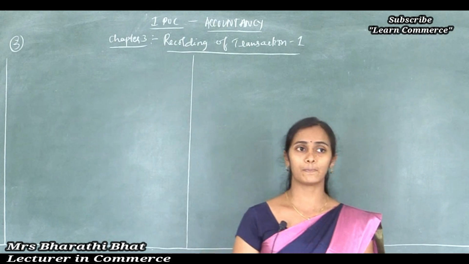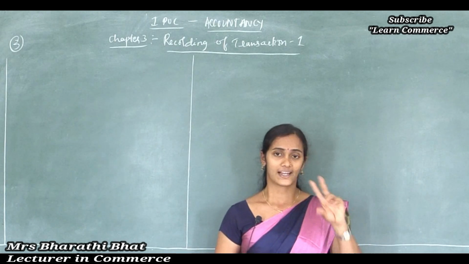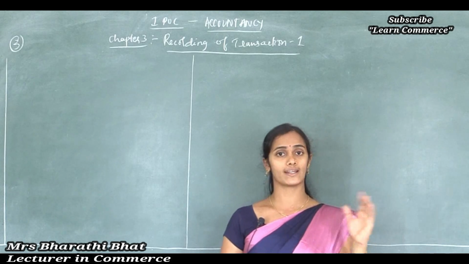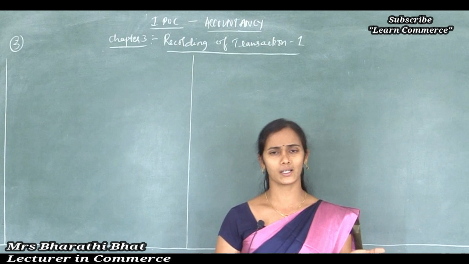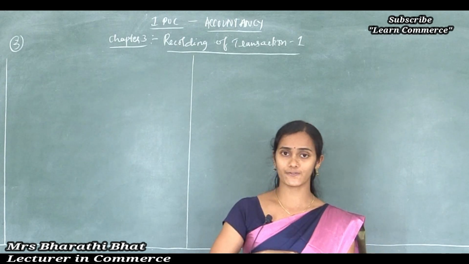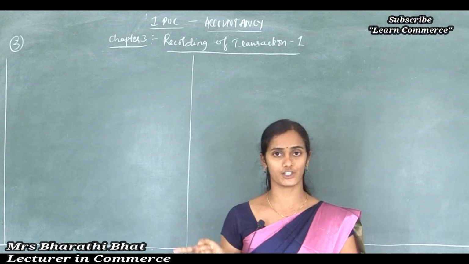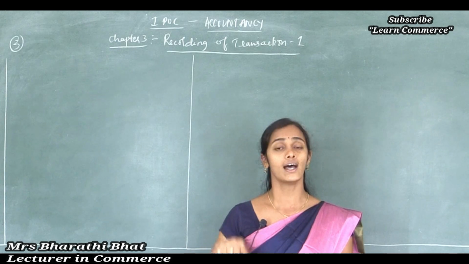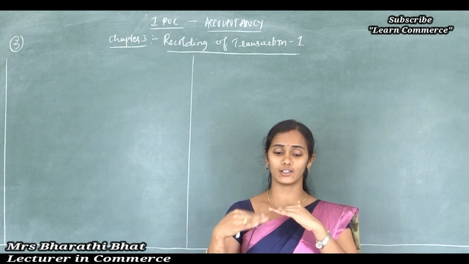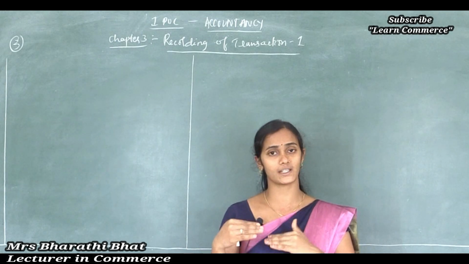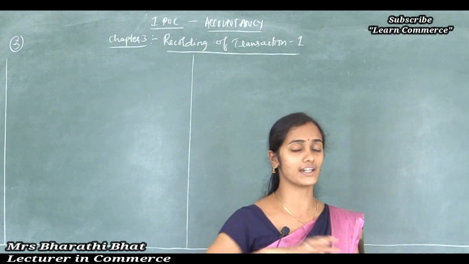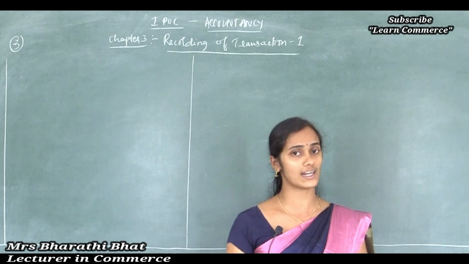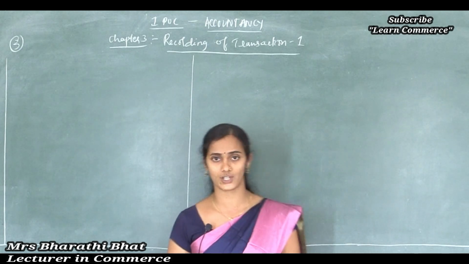account. In the previous class I told that a ledger is classified into two, one is posting and another one is balancing, correct, right? Posting means just transferring the journal entries to the individual account, that is what posting. Afterwards, balancing, one more concept, that is what balancing. Find out the carried down amount and brought down amount. Let's see how to balance the accounts and all.